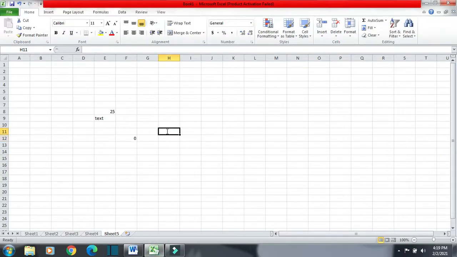For example, I am writing the numbers 2 and 5, so it is a number. If I put plus 25, Excel will ignore the plus sign and it will be written as 25 only. If I write a minus sign, it will keep the minus sign. All of these will be regarded as numbers, and Excel will allow me to do calculation on this data.